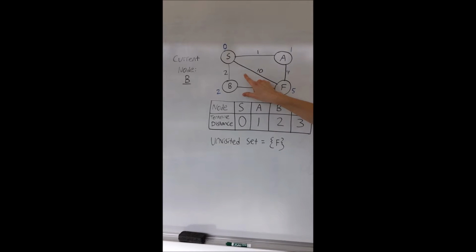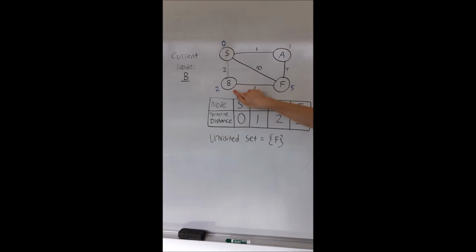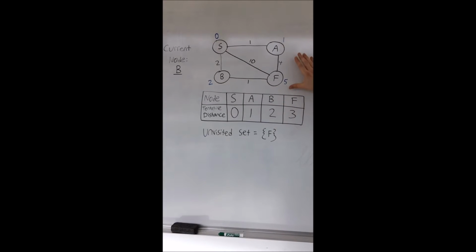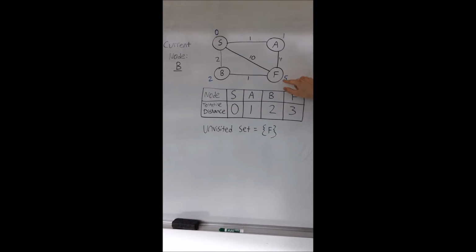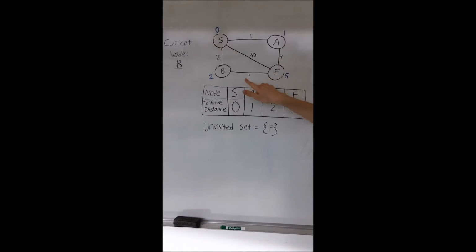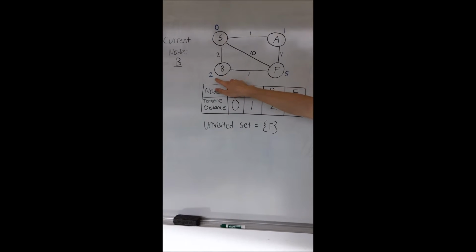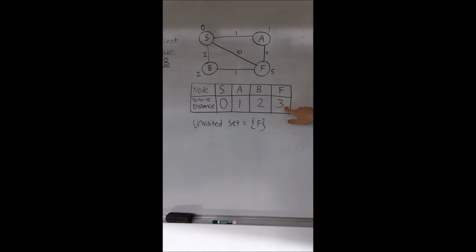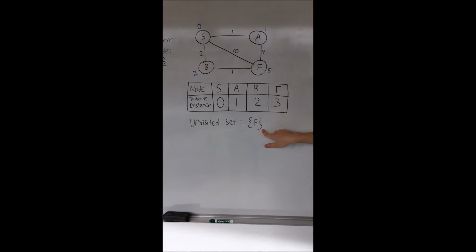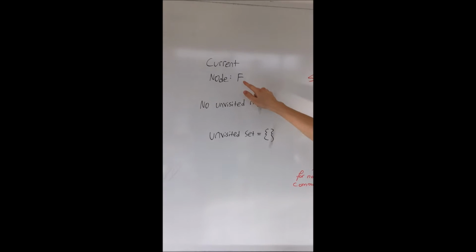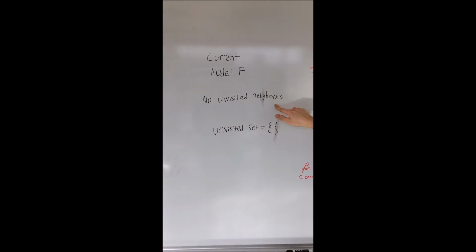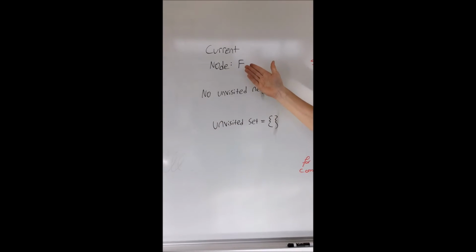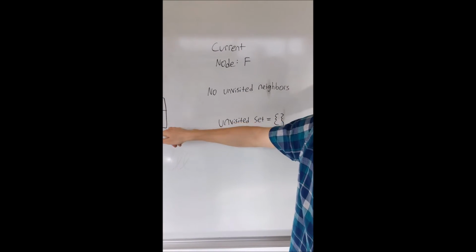This time, the unvisited node with the lowest value would be B. We look at B's unvisited neighbors, which is only F. We compare F's old distance value of 5 to the new path distance from B to F, which is 2 plus 1. Because 2 plus 1 is lower than F, F is given a new tentative distance value of 3, and B is removed from the unvisited set. Now the current node would be F. F does not have any unvisited neighbors, so it terminates, and we return a value of 3 for the shortest